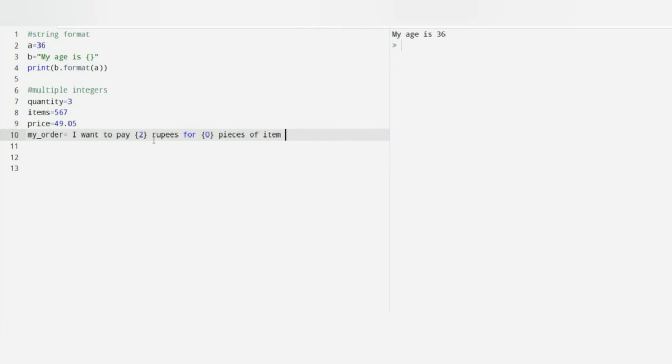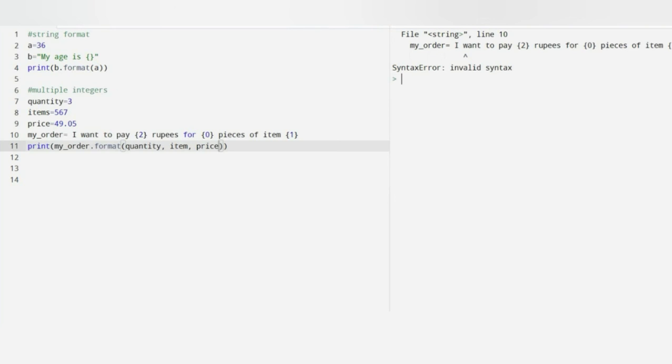Actually, I need to print: I want to pay 49.95 rupees for 3 pieces of item 567. Let me see what the output will be. The print statement is my order dot format quantity, item, price. We declared the variables as per order because we indicated index values in the placeholders.